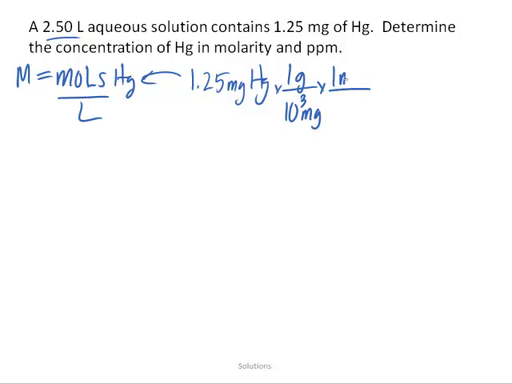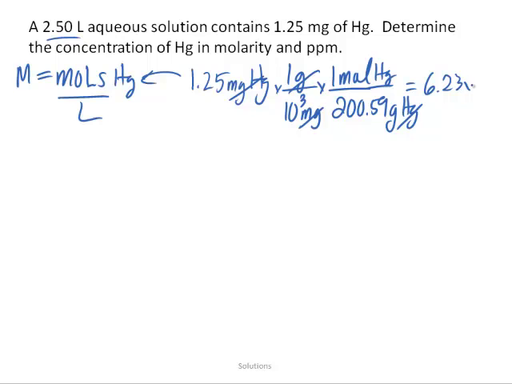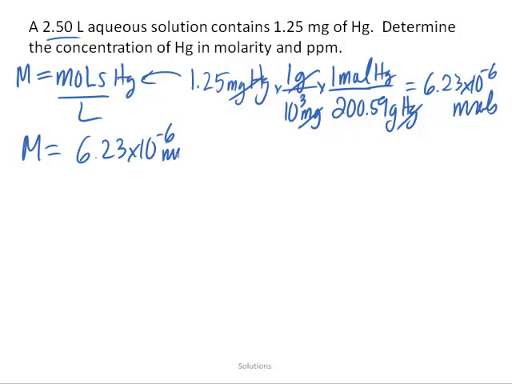And then if we look at our periodic table, we'll see that in 1 mole of mercury we have 200.59 grams of mercury. Grams of mercury cancel out, milligrams cancel out, and we're left with 6.23 times 10 to the negative 6 moles. We can plug that into our calculation, and that would be 6.23 times 10 to the negative 6 moles of mercury divided by